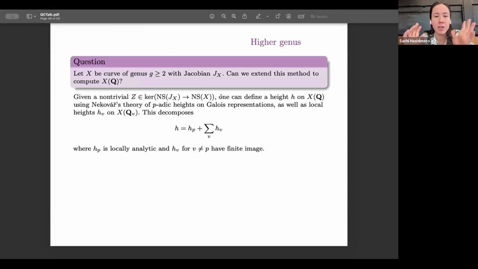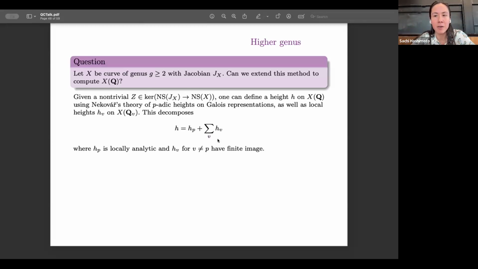via Nekovář's theory of p-adic heights and Galois representations. And it's not too important that you know how we do that, luckily, as I'm only giving a sketch of this. And again, this is a global height. And so we also get local heights, h_v, which are defined on the Q_v points of our curve. So the global height does also decompose into h_p and h_v, where the sum is over v not equal to p. And again, we have this